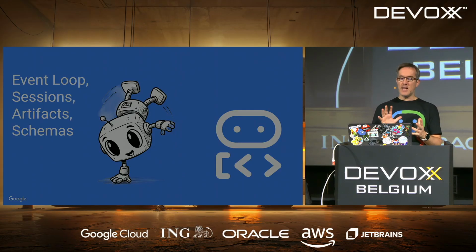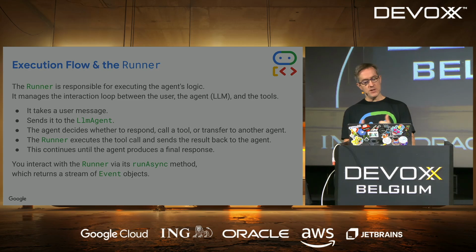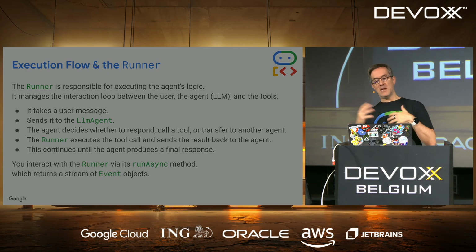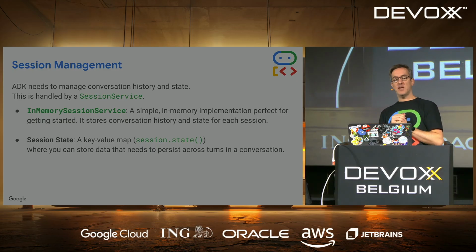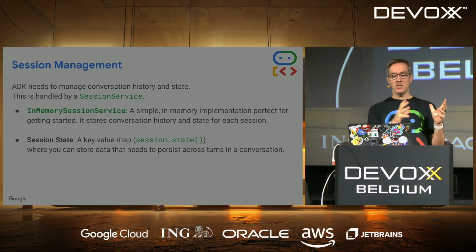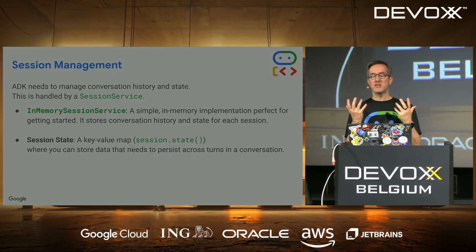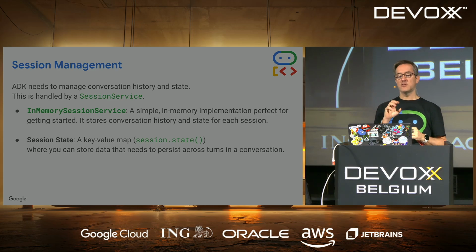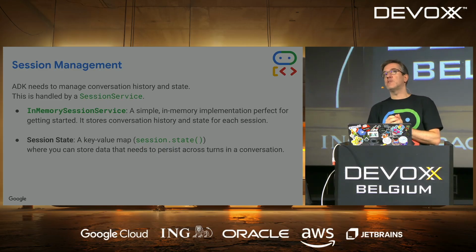So how does ADK work? It's really an event loop. We are waiting initially for a user message, then we invoke the agent, and the agent decides whether it needs to call a tool, or delegate and transfer to another agent. And if you want to integrate an agent into your Java application, you can use the runner class. So let's have a look at what it looks like. There are different things you have to set up. Session management, because each user is in their own session, so you don't want messages for one user to go to another user, so there's a notion of session. And inside that session, there's a session state, like the big map I mentioned earlier for sharing, for example, the result of one sub-agent with another, and any other information that you would like to save